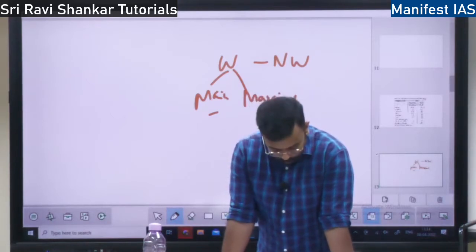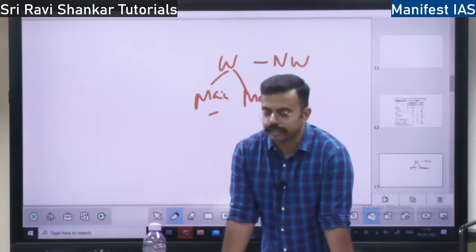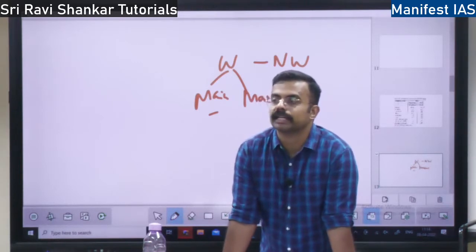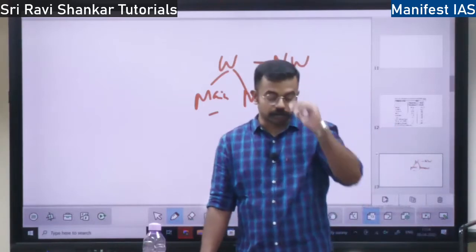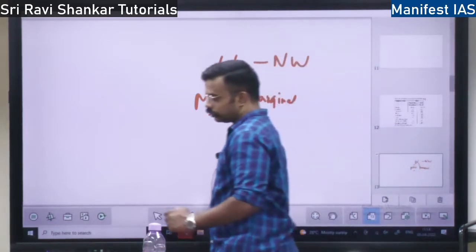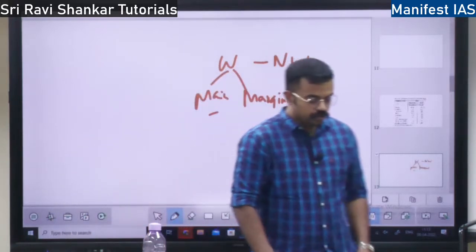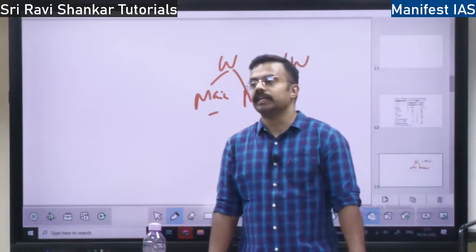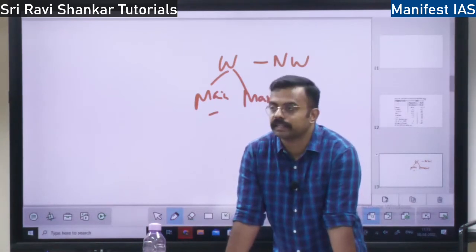So next we will talk about how migration is measured. Migration has two types: internal migration, that is within the country, and external migration, that is outside the country, right? So migration is measured or calculated, or enumerated. The right word for measuring migration is called enumeration. This has been measured or enumerated by the census, that is the decadal census, right? They calculate or enumerate the migration.